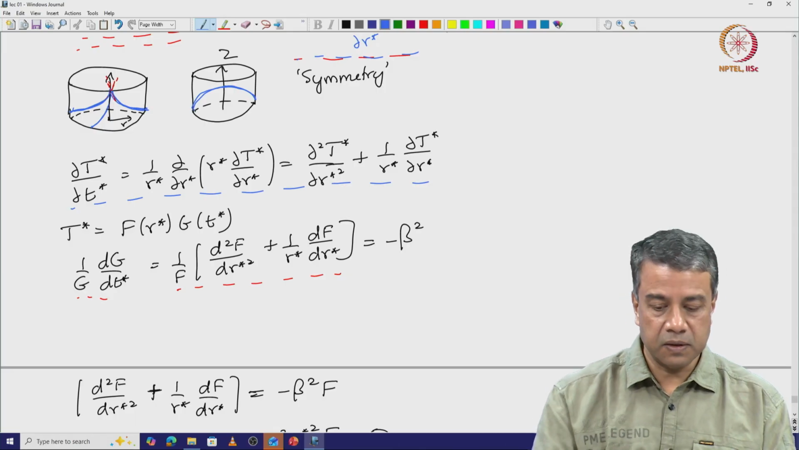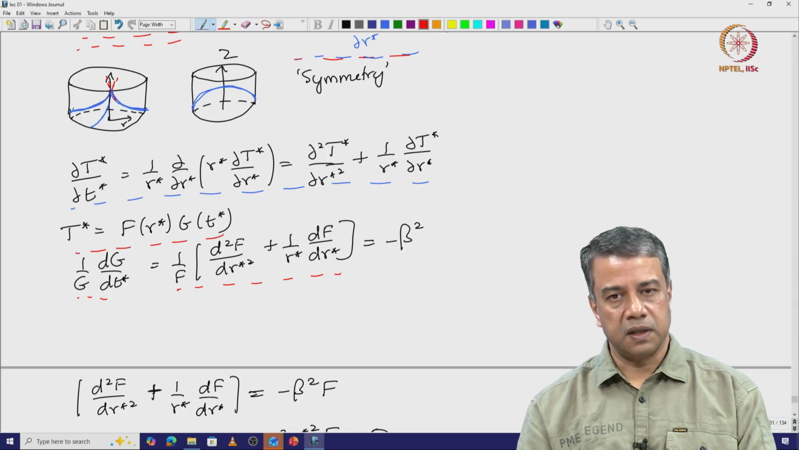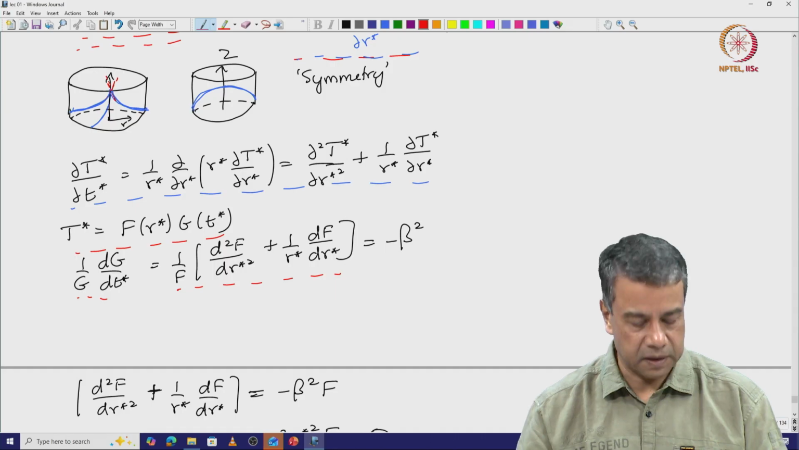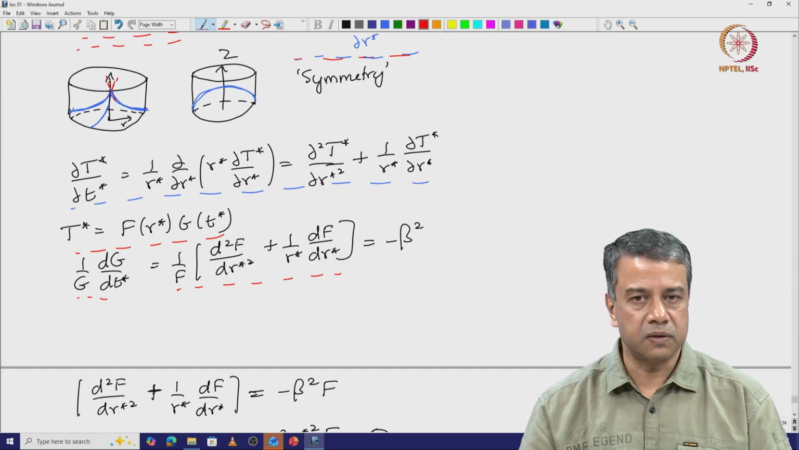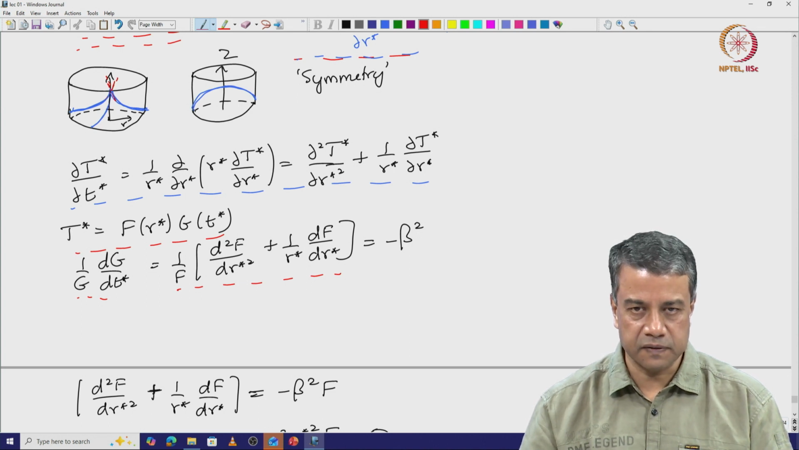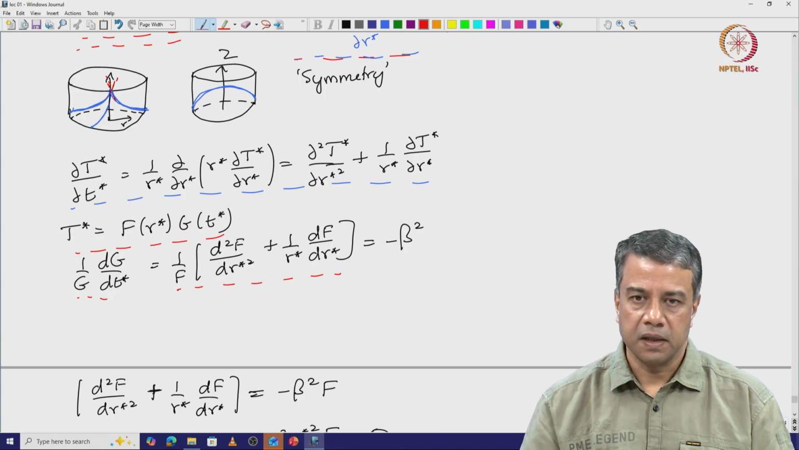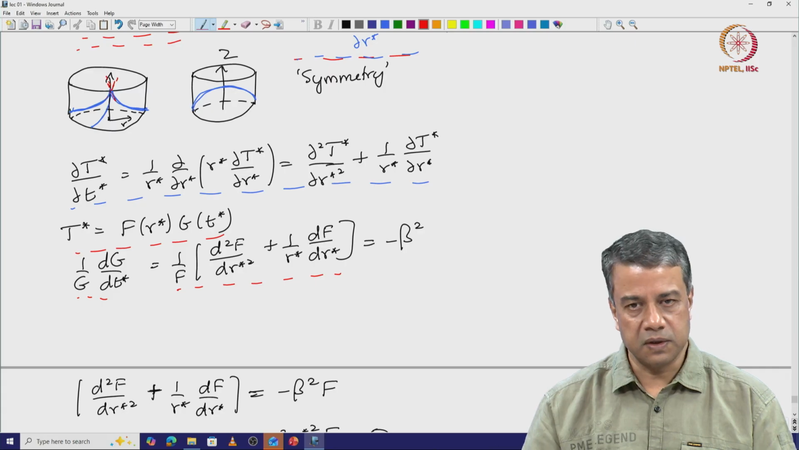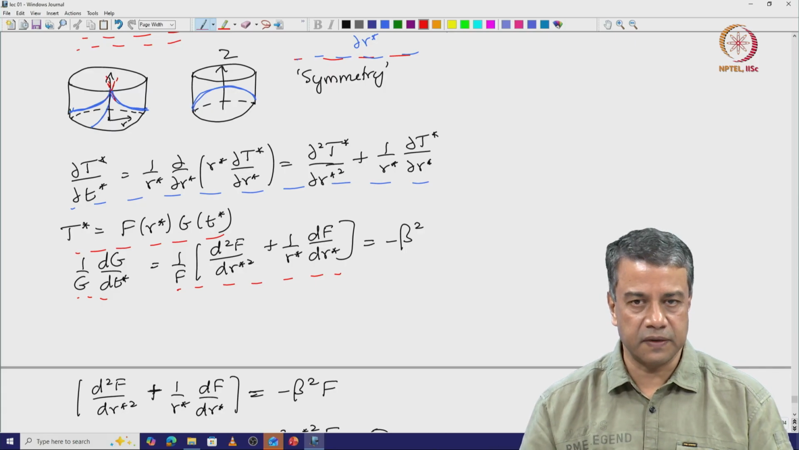So, we had separated out the equation into two parts, one of which is only a function of r and the other is only a function of t. Substituted that into the equation, divided throughout by f times g, you get a left side that is only a function of time, a right side that is only a function of r star. When you have one side of the equation only a function of one variable and the other side only a function of another variable, both of which are independent of each other, then each of these has to be equal